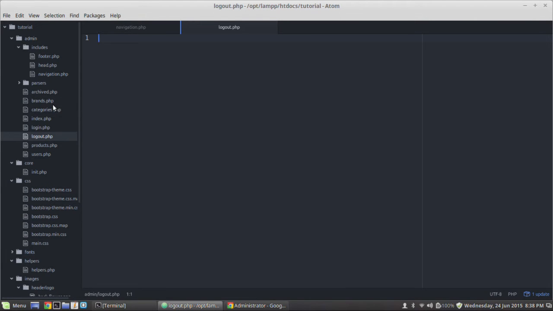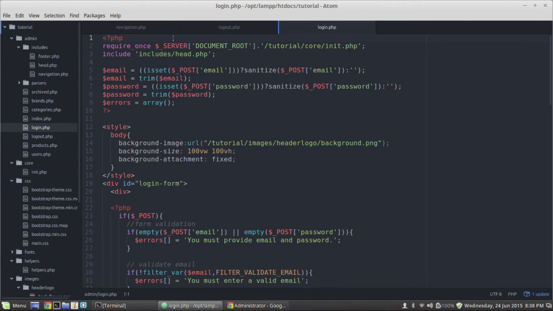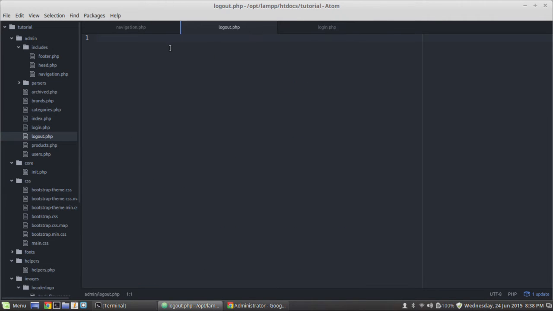And what we want to do, let's just open up our login file. We don't need to include the head or anything. Let's just include this init file here. Okay. Just go down a few lines and close PHP. The only thing we're going to have to really do here is, the first thing we want to do is unset our session. So we'll do unset $_SESSION, and remember that session name for me was SB user. So it's going to unset that session,